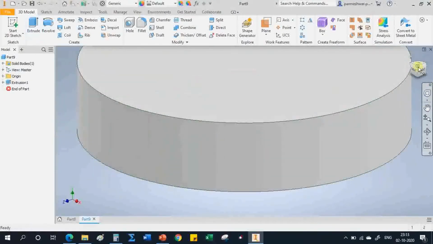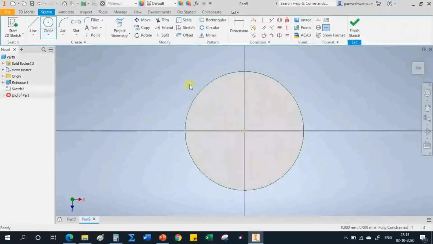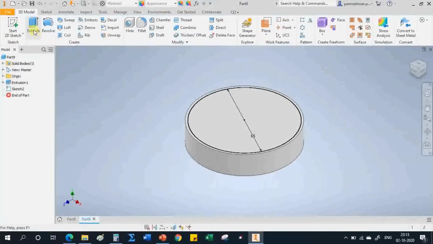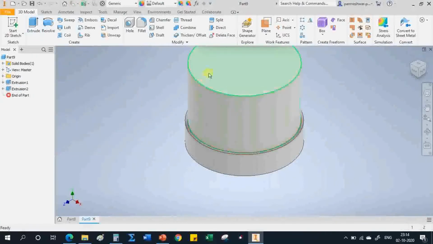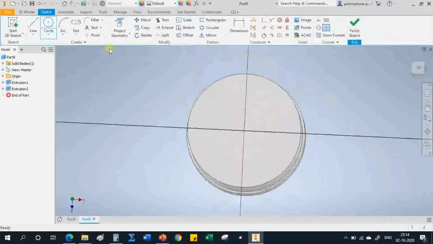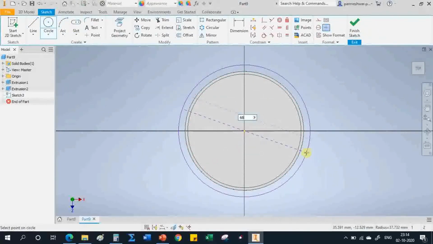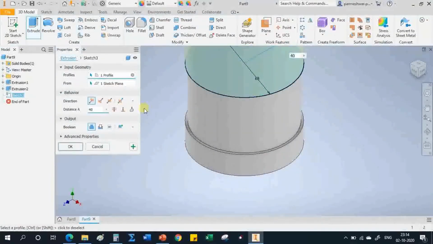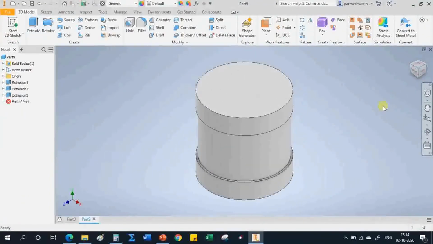And from the top face of this, make a circle of 65, and finish sketch, again extrude it by 40, right, 40, and again from this face, again how much? 68, right, 68, finish sketch, then extrude for 15, right. So this way I can make it, right.